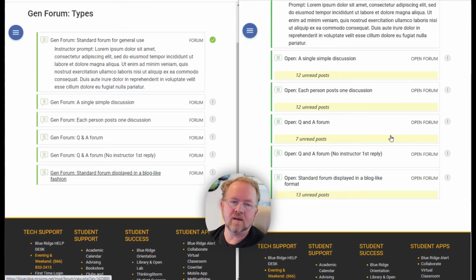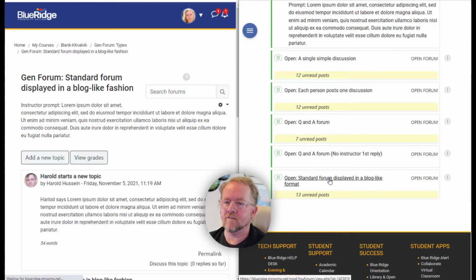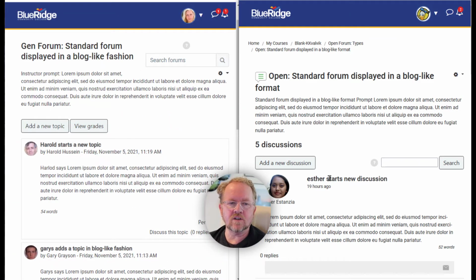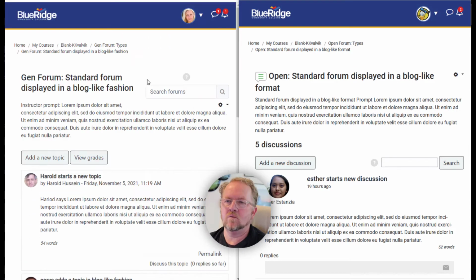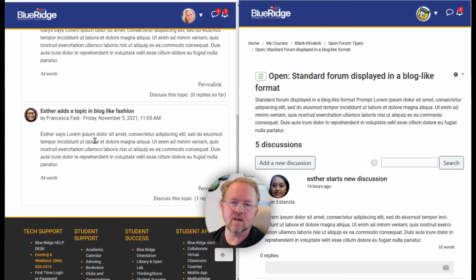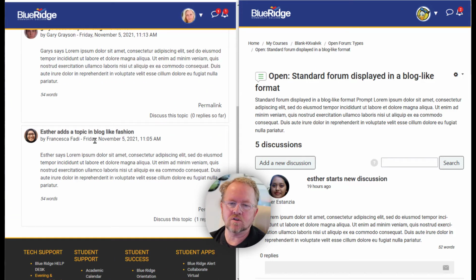Now we'll skip ahead to the other standard forum, only this one says it displays like a blog. So we'll just take a look at those, see if you feel they're different. Same basic kind of layout there, and then each of these are displayed individually. When they describe it looking like a blog, they're saying that it has a single page like this, and then you can see what each person said in their own topic, and then if you want to discuss it, you can just click into it.